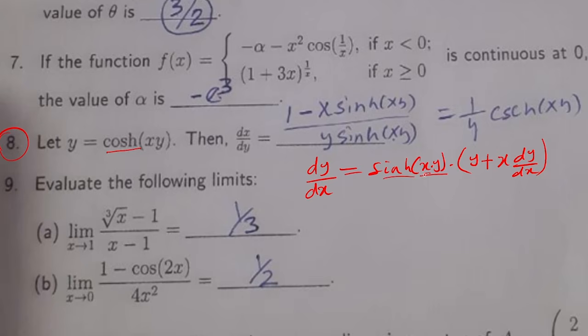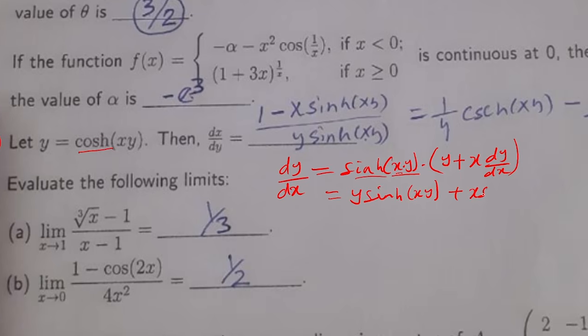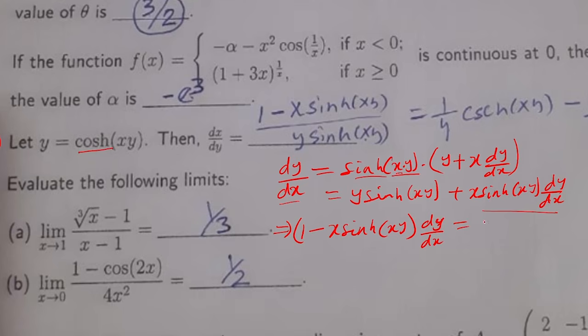Now distribute sinh xy over this. This can be written as y times sinh xy, since multiplication is commutative, plus x times sinh xy dy by dx. Collect like terms. So bring this to the left and take dy by dx common. So this becomes 1 minus x sinh xy, dy by dx, is equal to what remains here on the right,